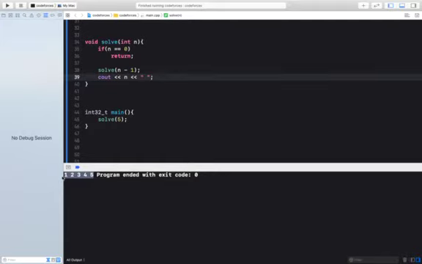Okay, I will repeat this. When n accepts 5 first from main, it calls solve of 4. Solve of 4, again solve has been called, it is also not 0, so it will call solve of 3. Similarly, when solve of n becomes solve of 0, now it is returning. Now where will it return? It will return to solve of 1 because it has been called from solve of 1. Now solve of 1 has done its work. Now it will print cout n. What is n currently? It is 1.